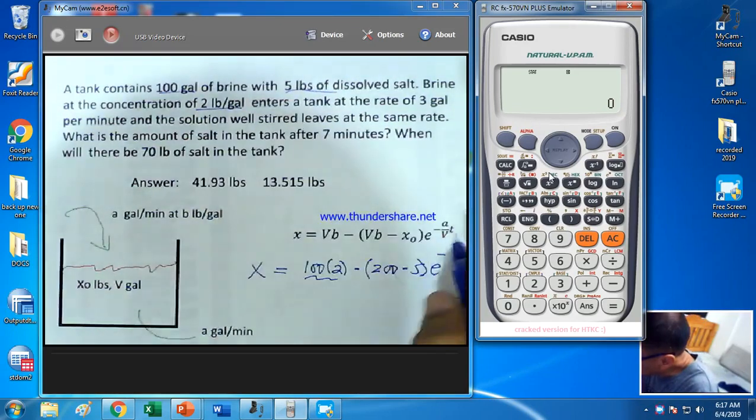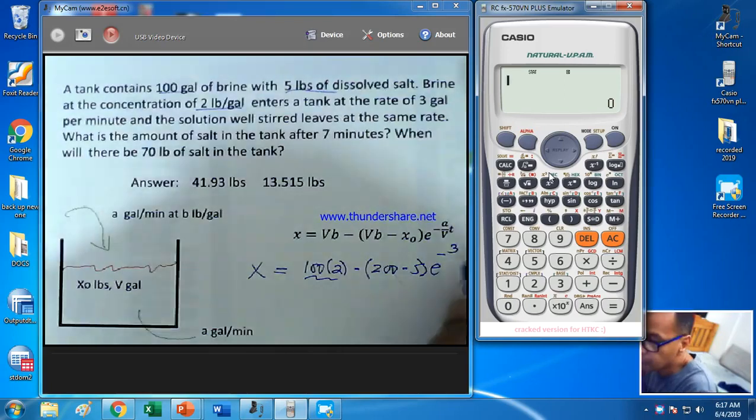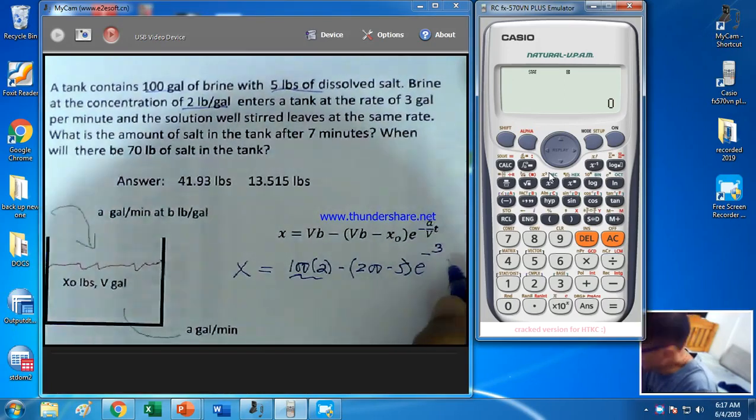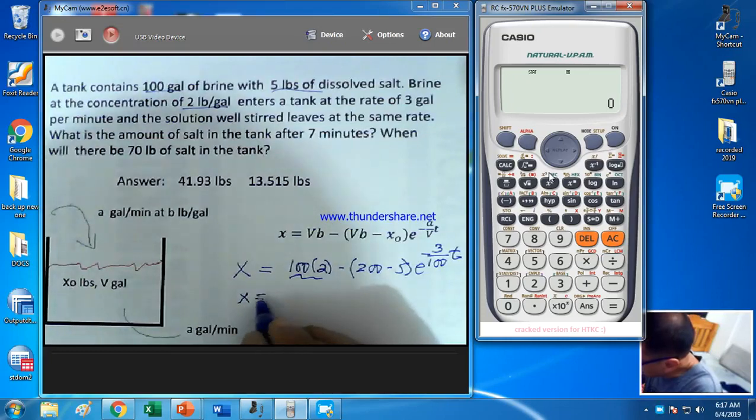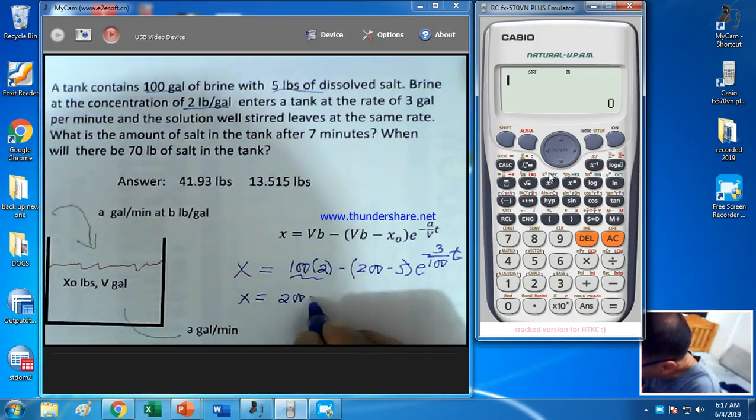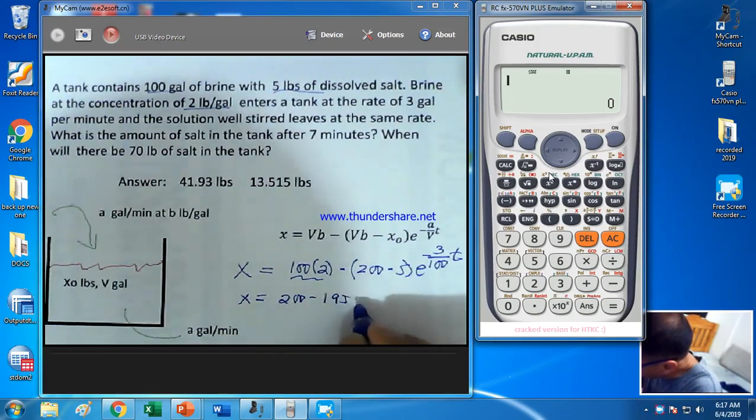Our a entering is 3 gallons per minute, divided by the volume of 100, and then just insert t. This is our model, or x is just 200 minus 195 e to the minus